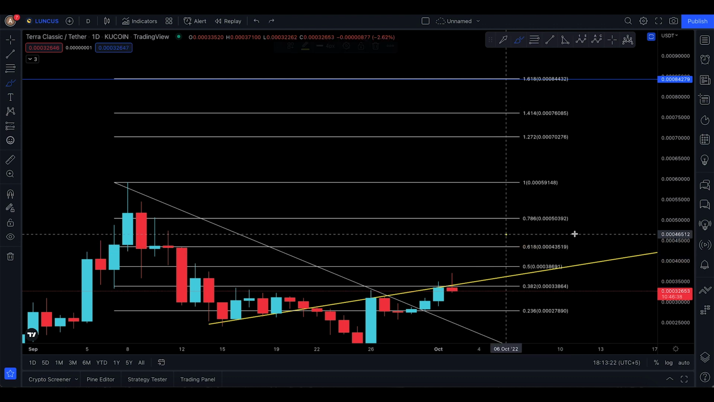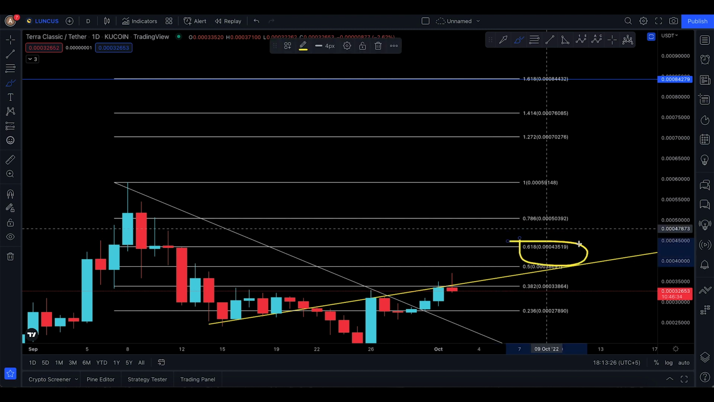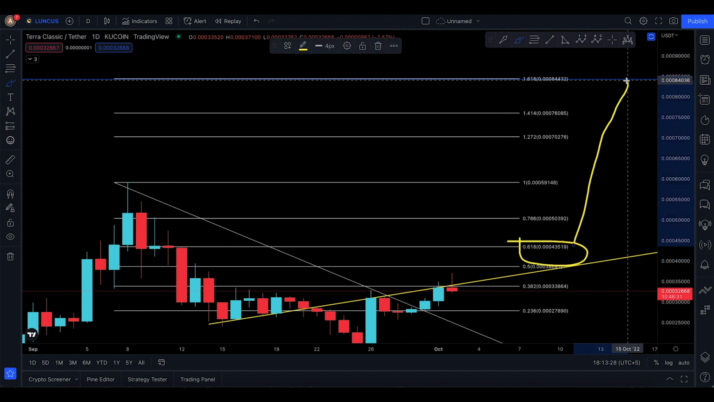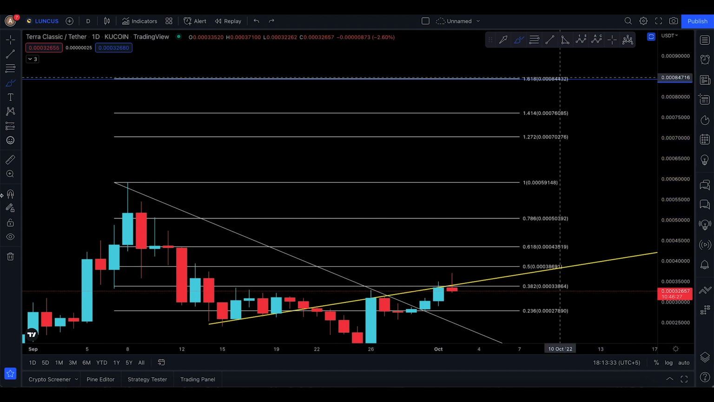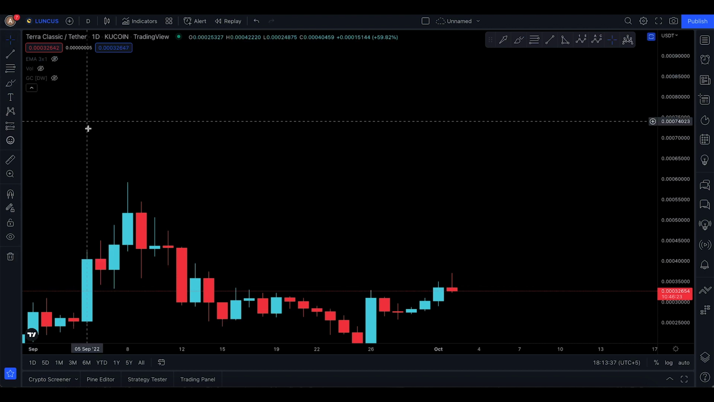43,519. This is where I want to see Luna Classic come above to, and that's actually going to be the golden ratio. When you come up to the golden ratio, that's a huge ticket to actually go up to 84,036. Now there's one more thing I want to talk about, and I want to bring in the Gauss channel